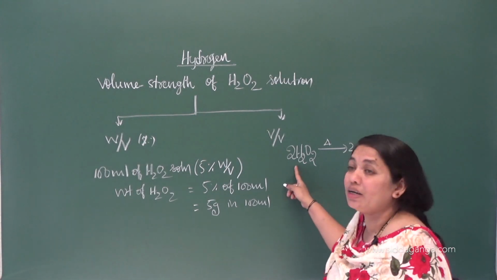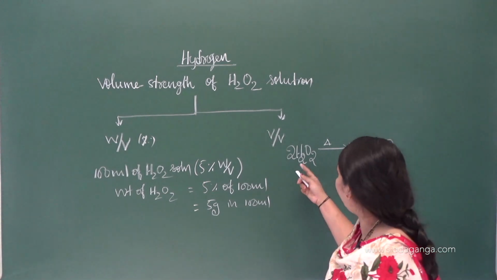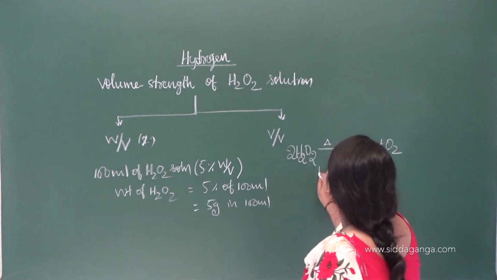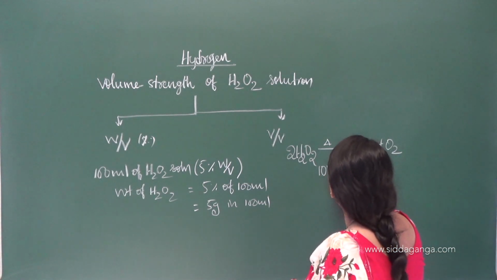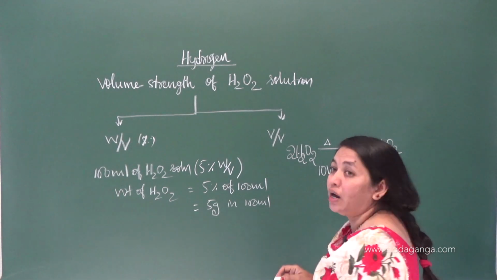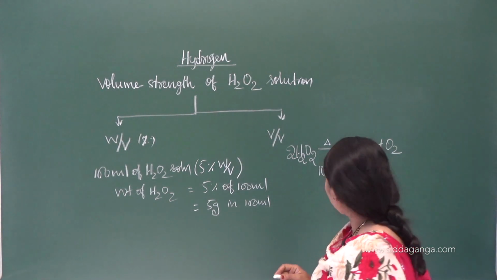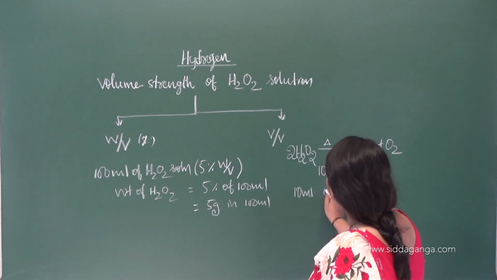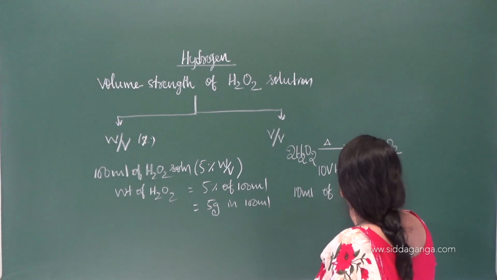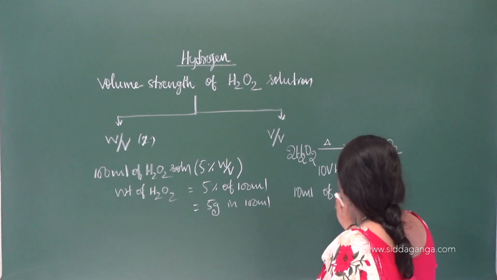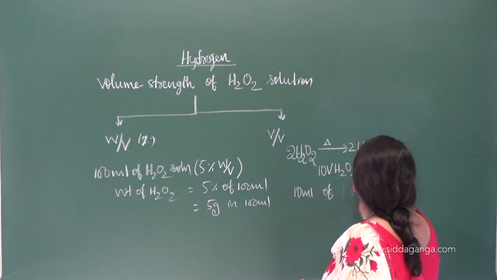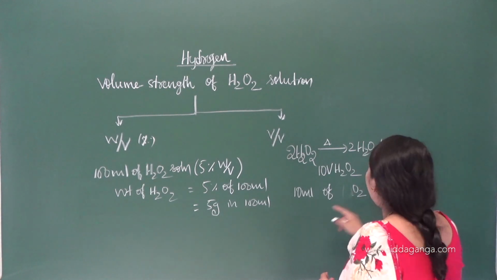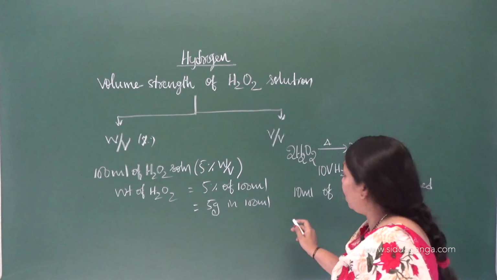By considering that you can calculate. Say they have given 10 volume H2O2. What is the meaning of this? 10 volume H2O2 means 10 ml of O2 is released on